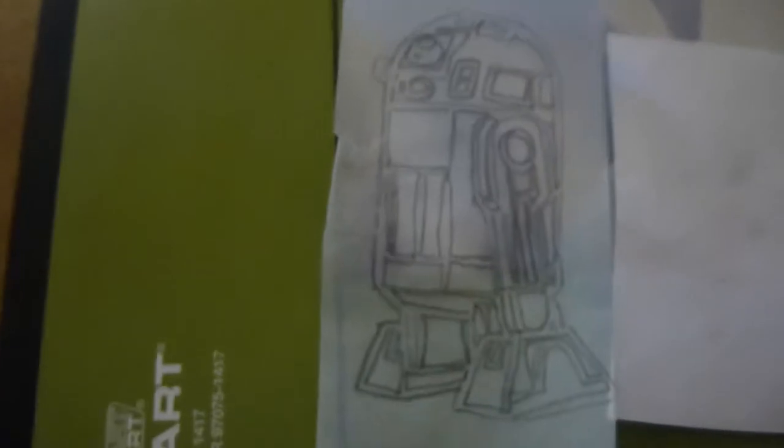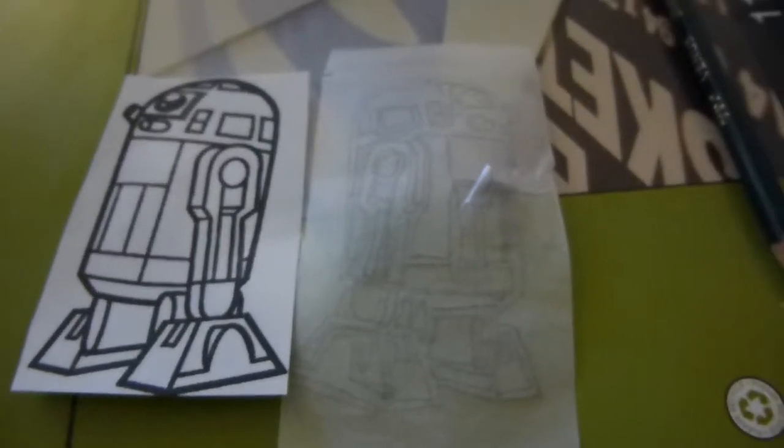So basically, what you're left with is this copy, which, look at that, R2-D2 looking nice. So then what you're going to do is take this and trace over the back of this. Now, the first time I did this, I didn't understand why, but my roommate said I should do this, and she knows a lot more about art than I do. So basically, the reason that you're doing this is so that you have more...